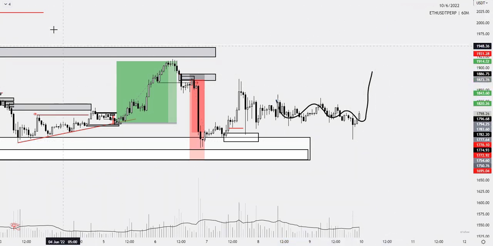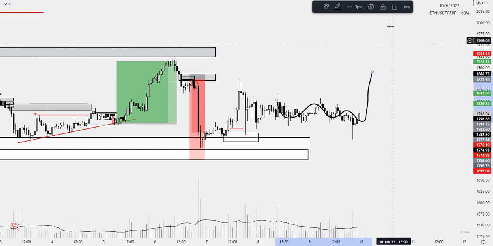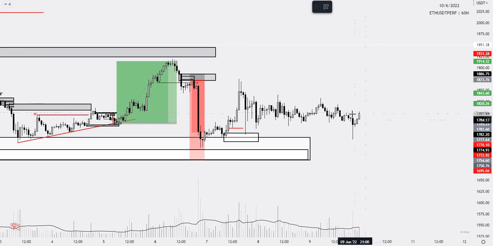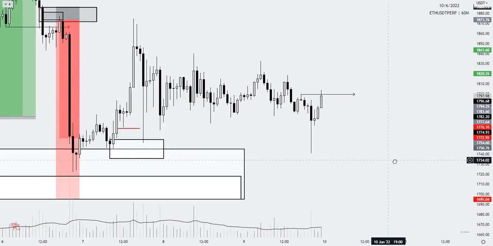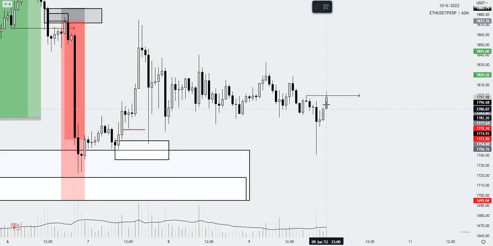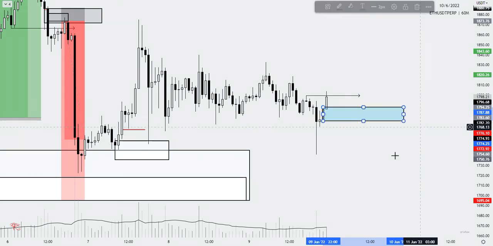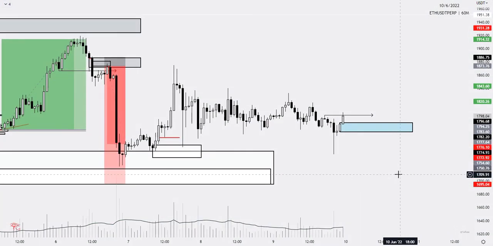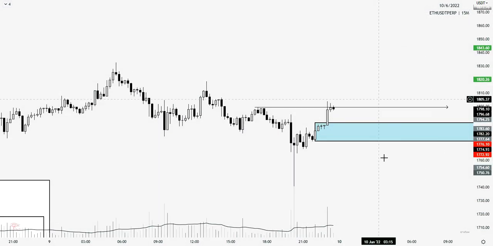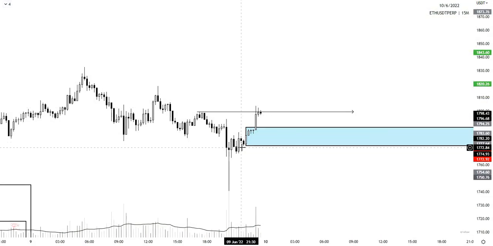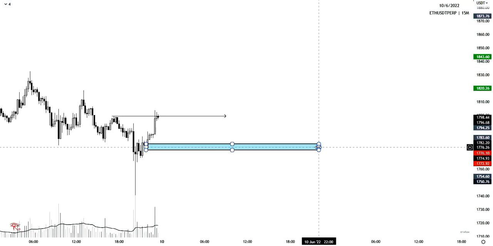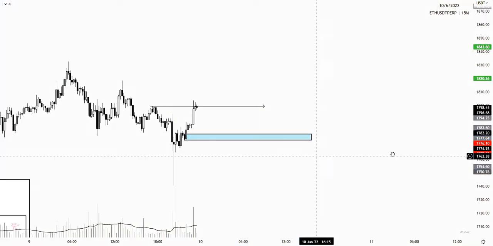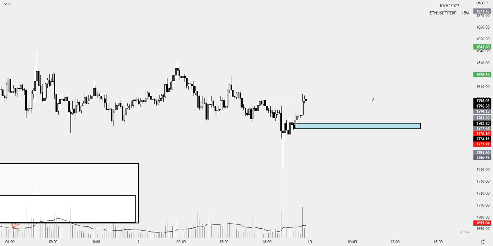So now within this scenario, this is similar to what I'm looking for with ETH. We just took out this hourly high. If we can now come into this zone, this demand zone, or on lower time frames, if I'm looking at this extreme move, if we come down in this demand zone, possibly mitigate these institutional candles, down at the 1778 area, create a higher low, then I'll definitely look to take this for higher prices